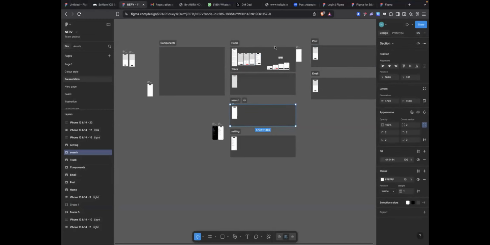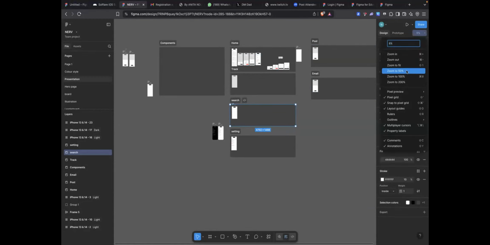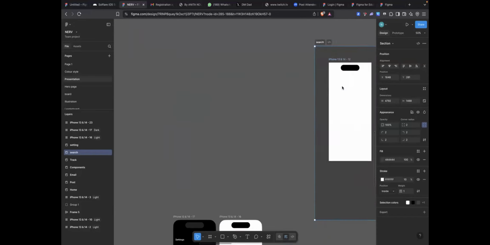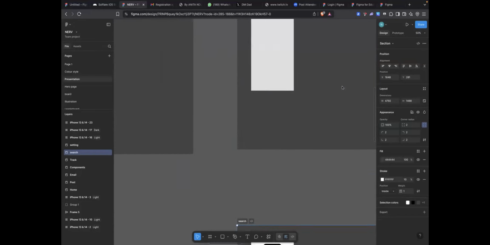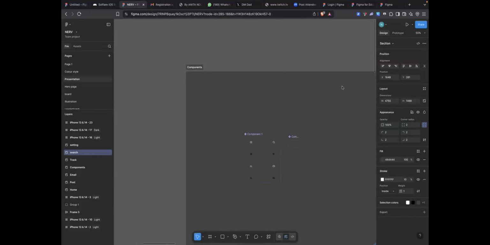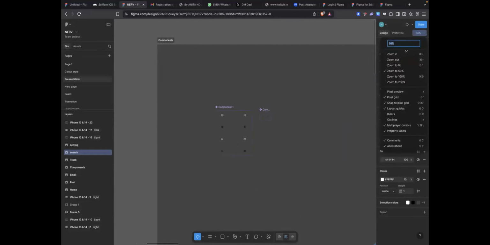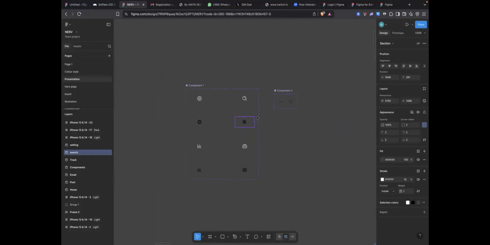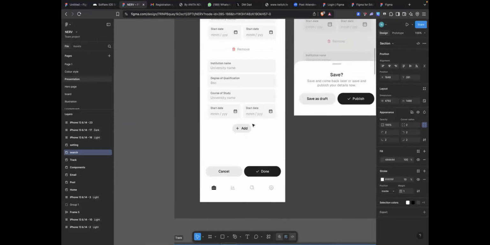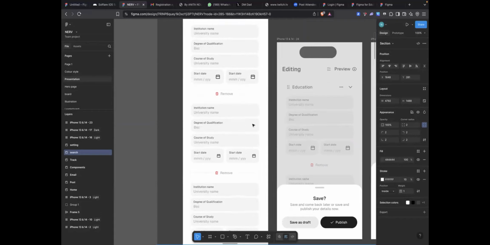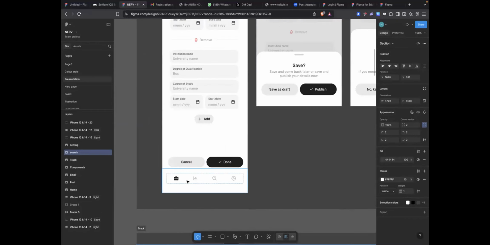Let me zoom in here. These are my components for this design. You see it, these are my components for the navbar. You see it over in this design here. This is the design that I'm designing here, and that's for the navbar.